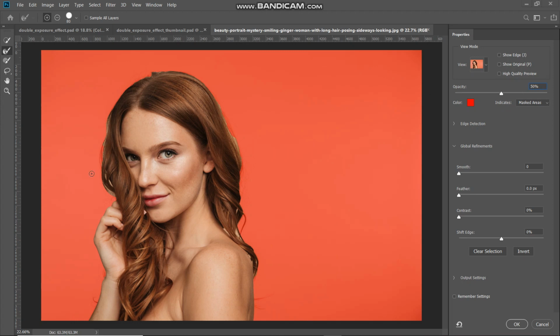Now using the brush tool, you can hover over the edges of the hairs as follows. You can increase and decrease the size of the brush using the square bracket keys of your keyboard over here as well. So now as you can see, we have the proper selection of the hair. Now after that you can also set the value of the smoothness slider to around 20. So let me just do that. After that you can click on OK.